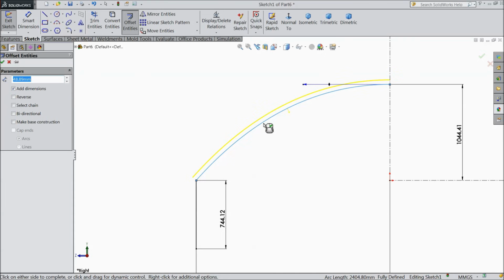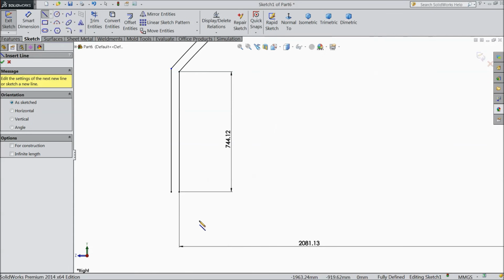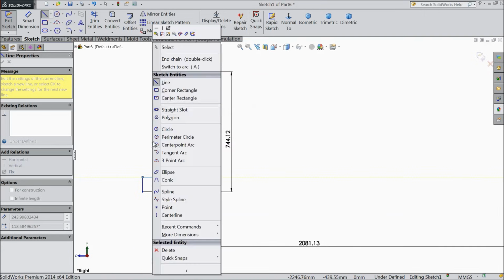Select spline and select this line also. Okay. Now choose again a line and connect with this line.